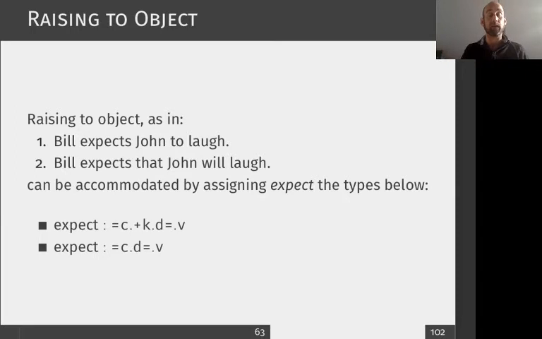In its other frame, in the other construction, in 2, where it just takes a clause, expect is going to just take a clausal argument with its equals C feature, and then it's going to select for the subject with its D equals feature. Okay. Now again, the equals C feature would allow expect to take a non-finite clause, right? Because we have identified non-finite and finite clauses up to this point in our grammar by giving them both the category C. Okay. This doesn't cause a problem here, because even if we take a non-finite clause in this second version of expect with our equals C feature, we're going to then immediately merge the subject with its D feature,